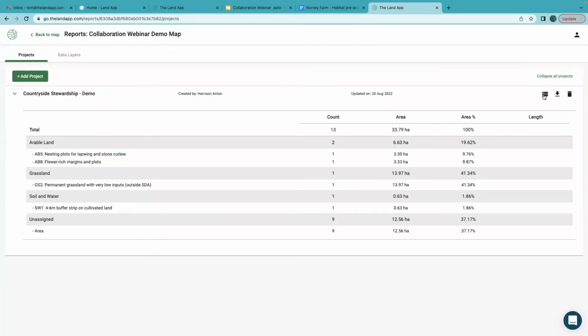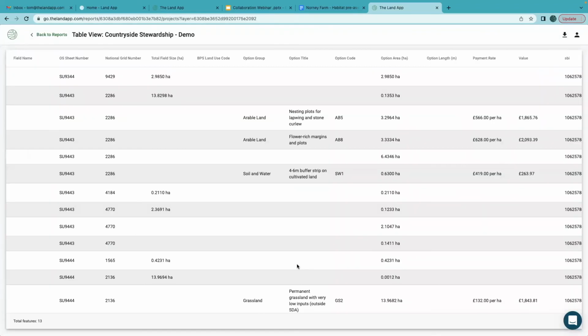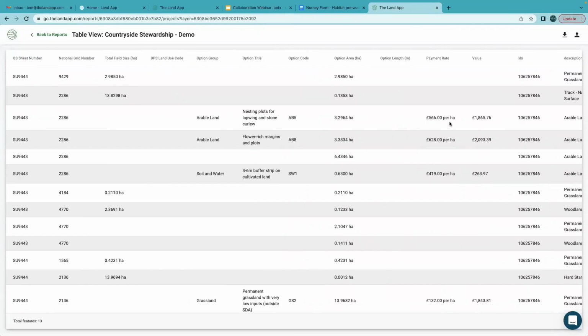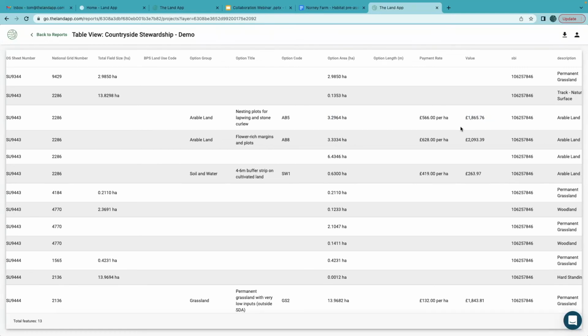And if I also go into this table view here, I can also work out how much that's going to make. So I got 3.29 hectares at 566 per hectare, which totals out a value of 1,865. Brilliant, that really, isn't it? I mean, to be able to work like this is,